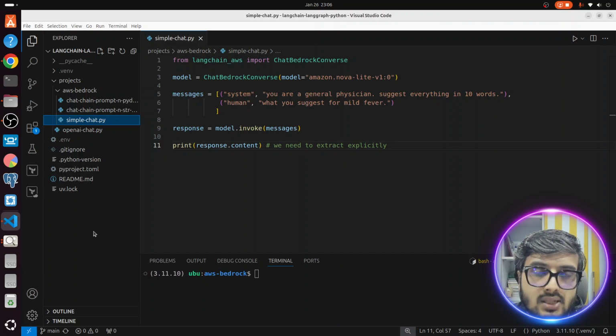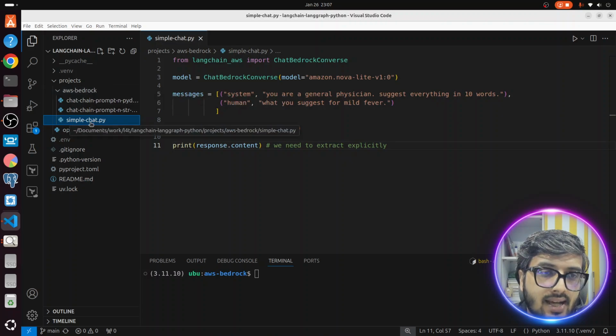Then we install pipx, then we install UV with the help of pipx, and then we make use of UV to simply set this up. We run the command uv init my app, or whatever project name you want to give. So I've given that, and it automatically generates a small structure for me, and within that structure I have included this projects folder. I've created a folder with the name projects, and then I have created a folder